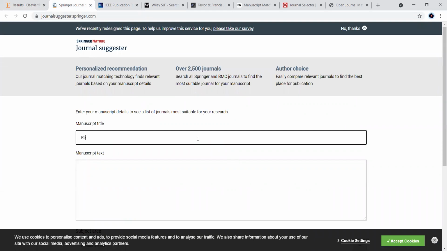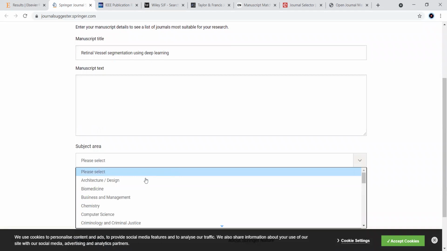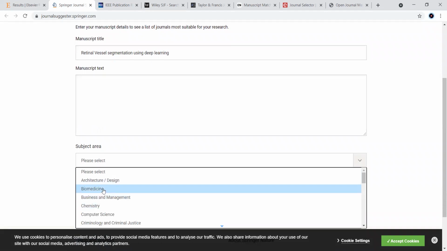Similarly, you can type here, retinal vessel segmentation as an example using deep learning. I go for biomedicine here.